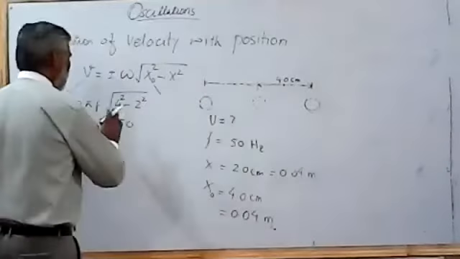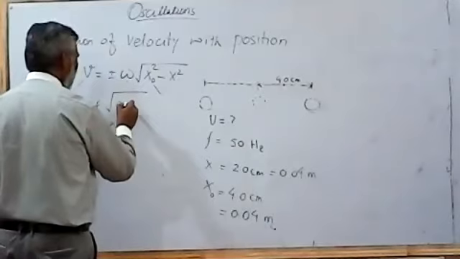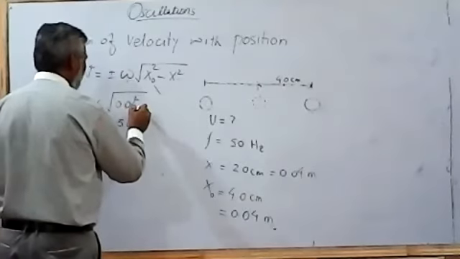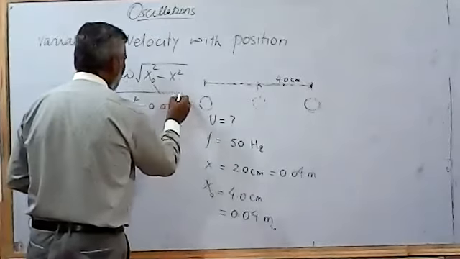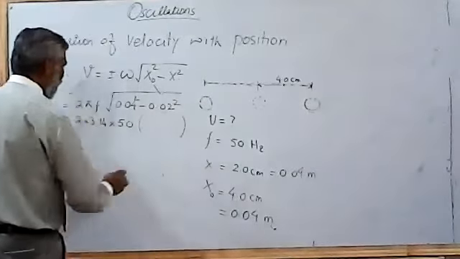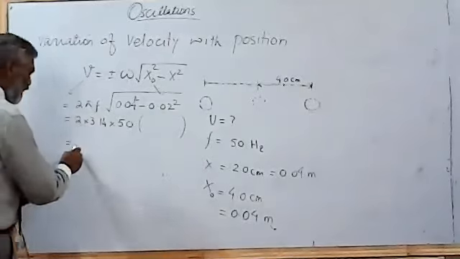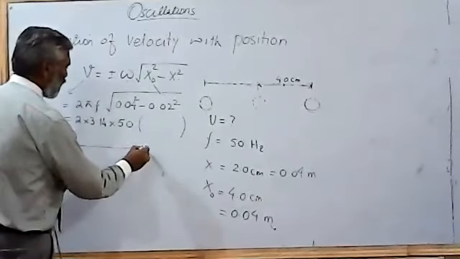So with this we need to change this, and it must be 0.04 squared minus 0.02 squared. So you need to simplify all this. Whatever number you have here, you multiply it, and it's a simple calculation which gives you the value in meter